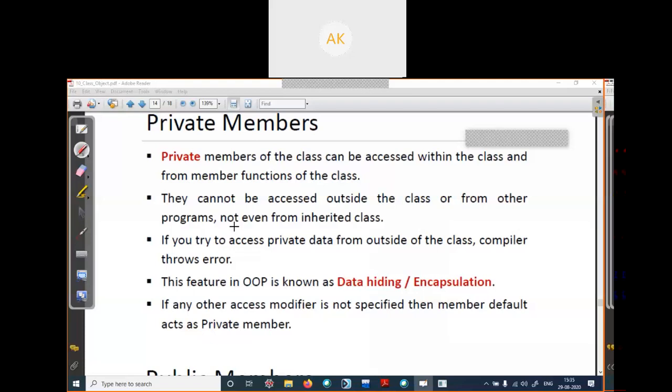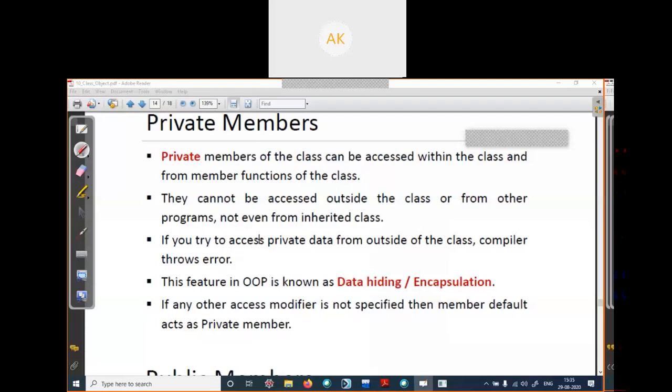Suppose you declared a variable as private and you declared another class as a derived class. Even then, your private data cannot be used by your child. Some data and some functions are private, meaning even your child or your family member cannot access them. There are many things in our houses which belong to you only, and even your family member cannot use them. Okay, you can understand better.